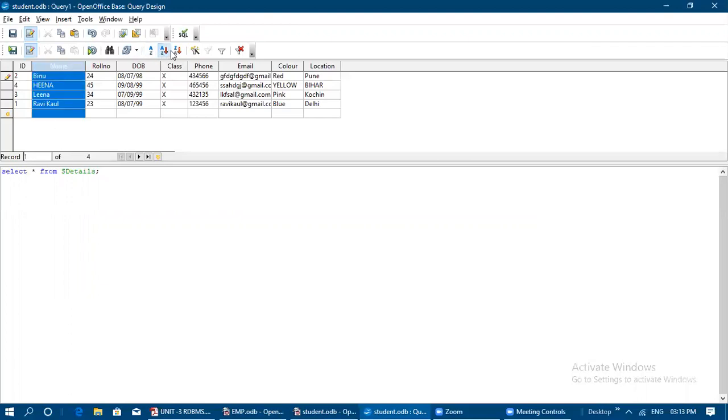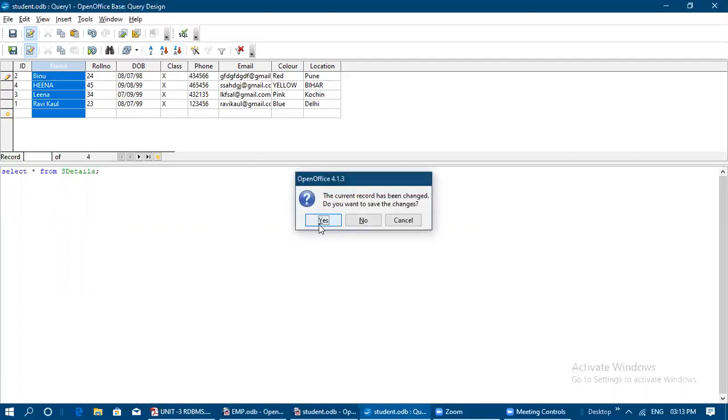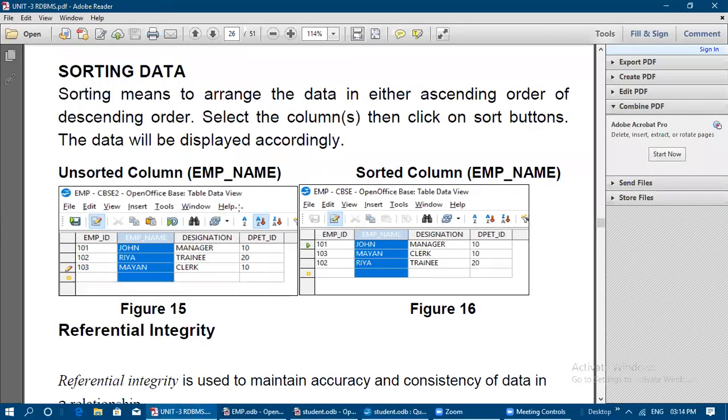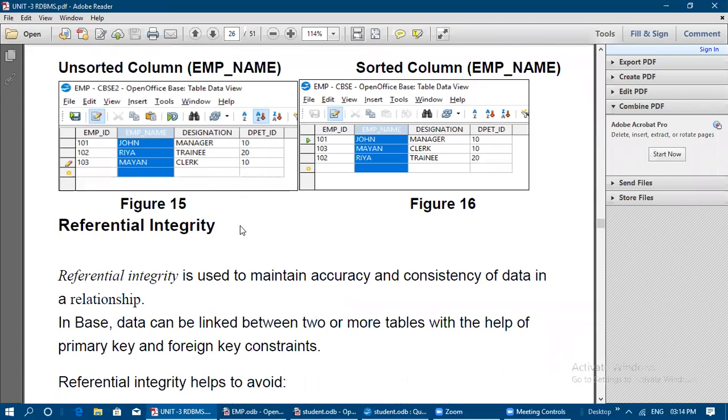So now again in descending order we will display. Okay. So in descending order also now it is displayed, 1, 3, 4, 2 like that. See here, ID numbers and all changed. Every value related to the record is related to the column name and is going to be expanded here. So like this you can perform either ascending order or descending order sorting with the help of this A to Z and Z to A icon.